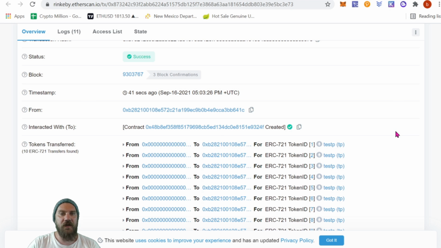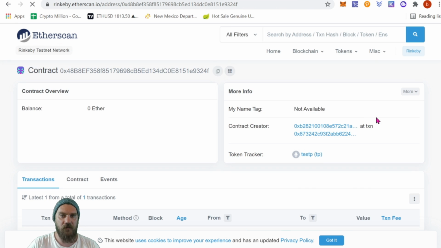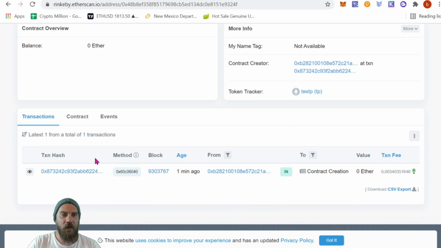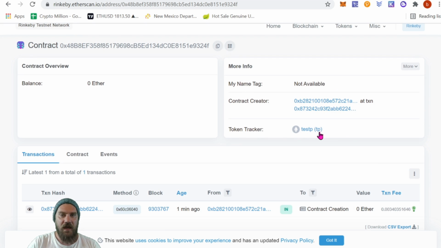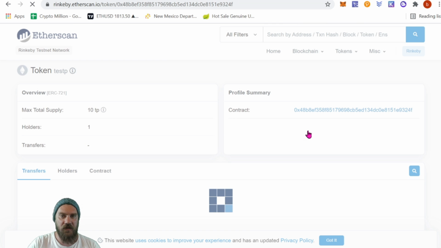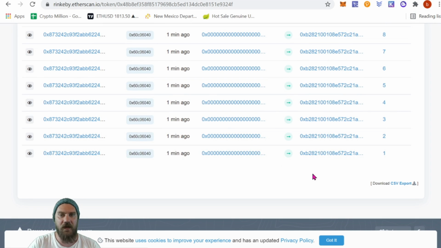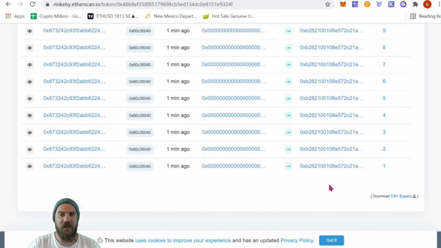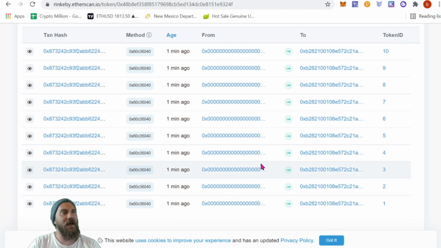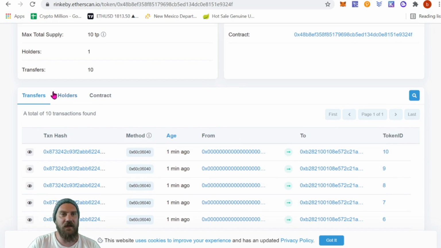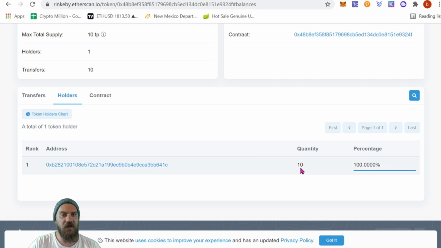One important thing to note here is going to be our contract address, so we can copy that here, or if we want, just click directly into it. Now we can see that first transaction, and we can see our token here, so let's click on the token tracker. And from here, it's going to show you all the transactions that have been happening. Obviously, it's only the 10 from the mint, but you can come back here and check later on if you need to see anything. We have the holders, which is going to show you everyone. It's going to just be our address for right now because we just minted into our wallet.